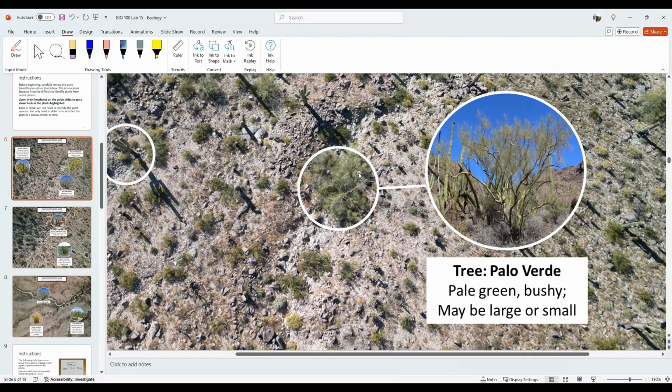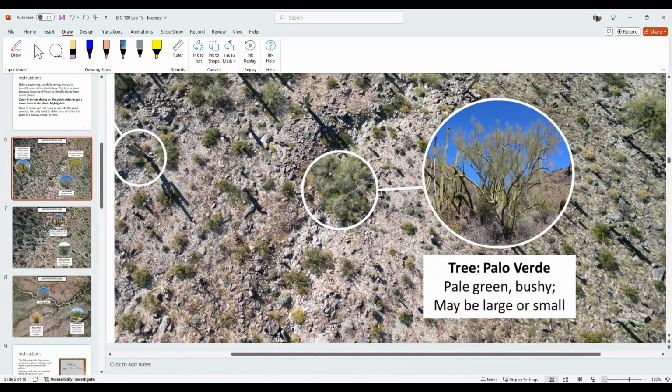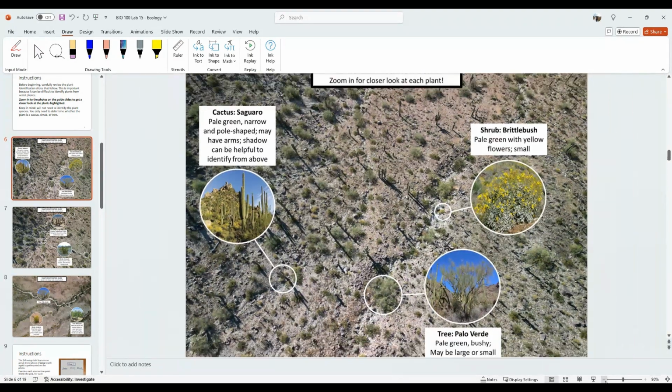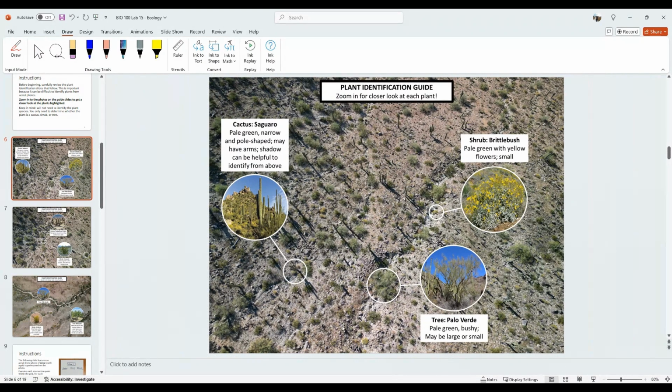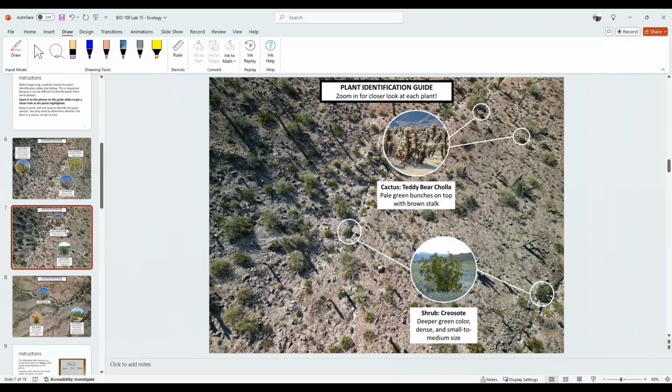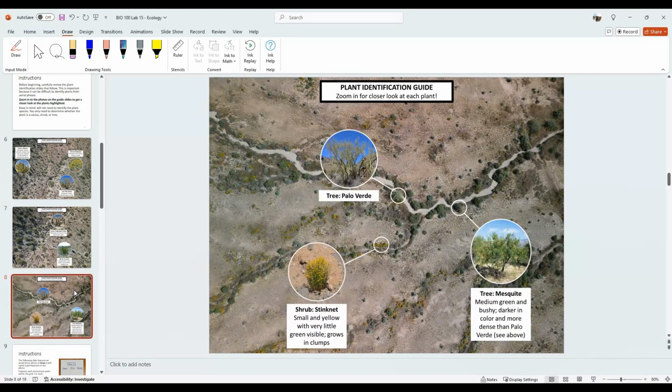For example, this little guy right here is a Palo Verde tree seen from above. You can recognize it because it's going to be pale green, it's bushy, it can be large, or it can be small depending upon how old it is. So before you proceed with the rest of the PowerPoint, make sure you browse and familiarize yourself with what I have on these slides, because that will help you make the determination of whether you're looking at a cactus, tree,